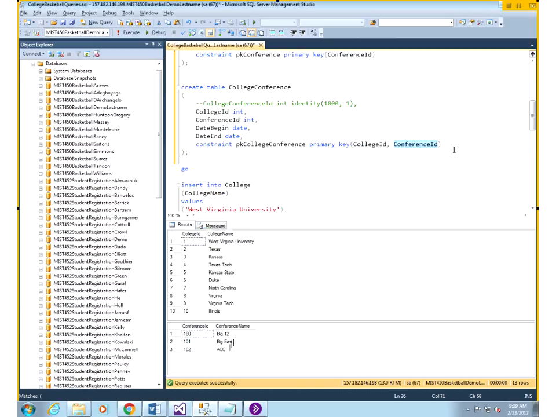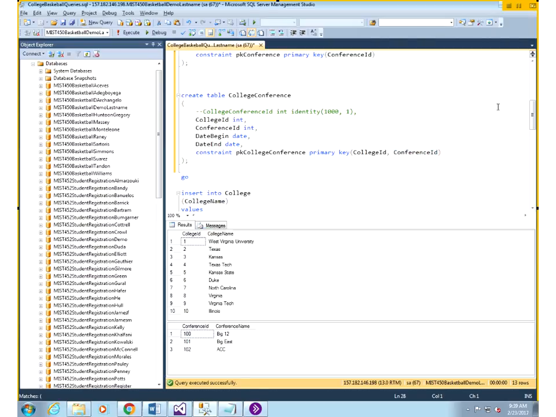Well, but if we just change the date begin, so let's say, for some, I forget which Texas team it was. Let's just say Texas A&M was with Big 12, then they went to the ACC, and then came back to the Big 12, let's say. I'll take some team that's here, Texas. Okay, so one was associated with